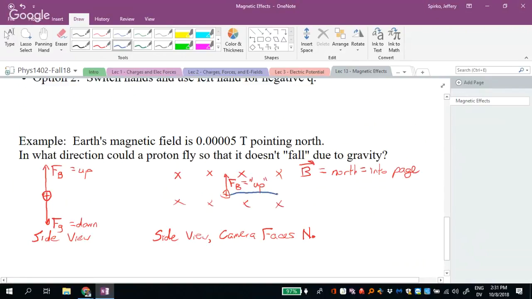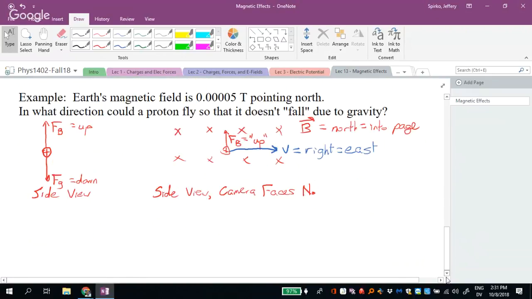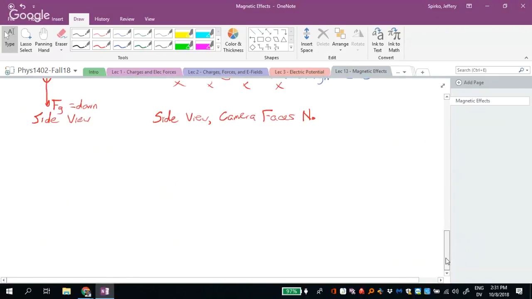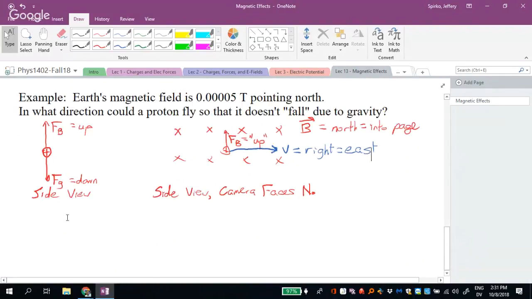So V equals right equals east. Now there's two more things I want to do with this exact example. One, how fast should it go? So we have,